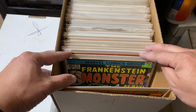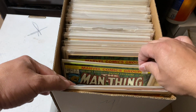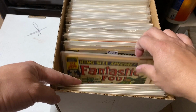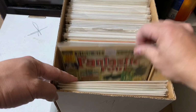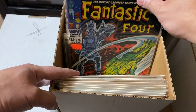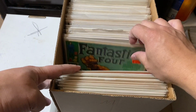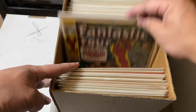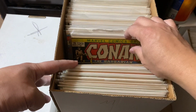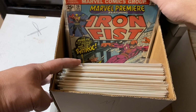So this is a box of Marvel horror books. Some are keys too, like you just saw Venture into Fear, which is the first Man-Thing in his series. So here's some Silver Age Fantastic Four. See, that one has a little bit of chunk missing. Nice Galactus covers. I love those covers. Didn't have it in my collection yet, so I was super happy to find those. There's Red Sonja #1, some early Conan in there. There's the first Red Sonja, so that was a nice key that I found for the Conan, but most of